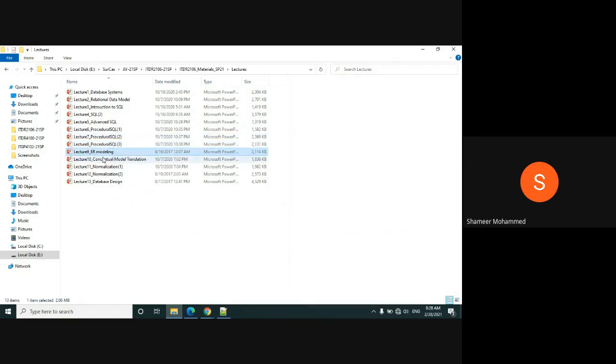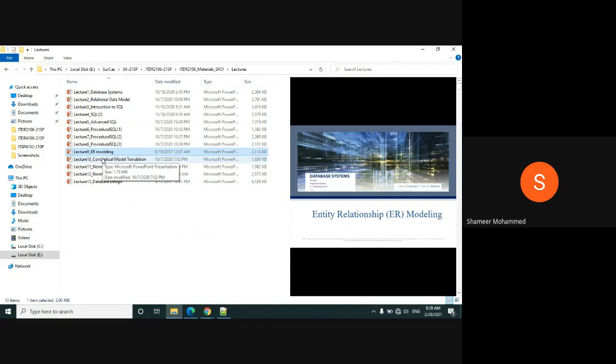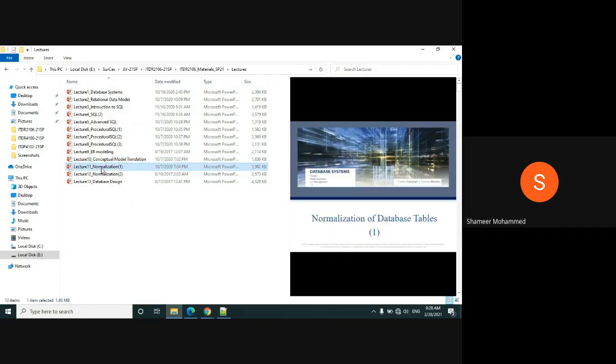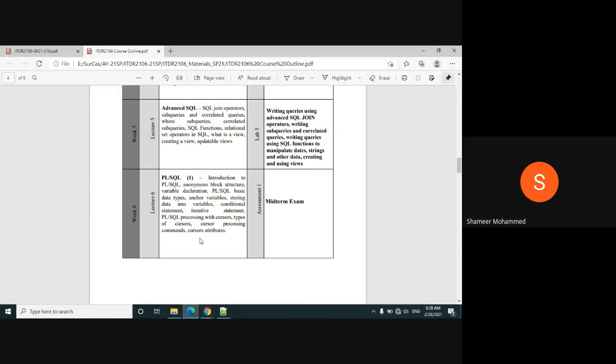Then lecture 9 is ER modeling. Lecture 10 is conceptual diagram translation. 11 and 12 are normalization. Last, the designing of the database. So these are the 13 lectures we cover in this course.